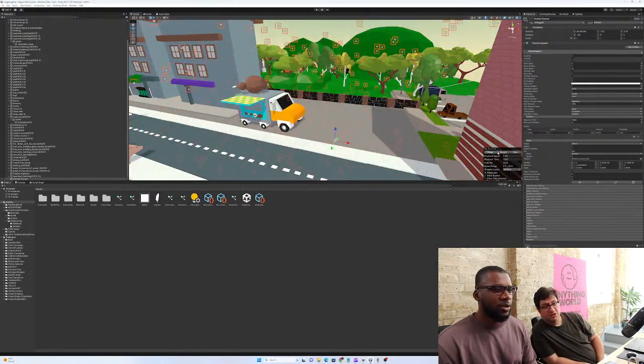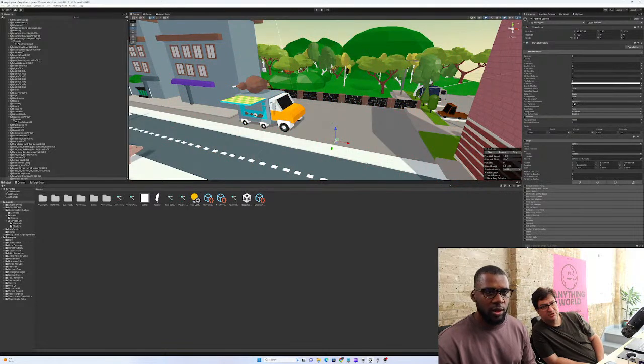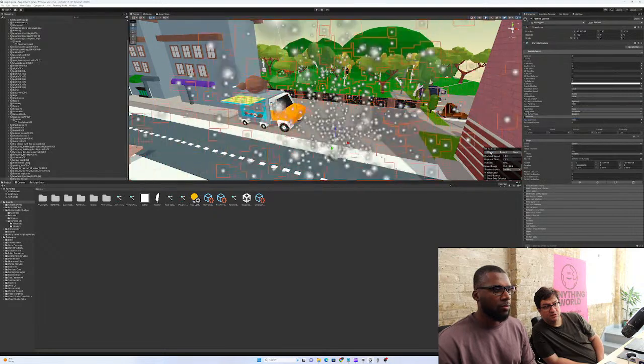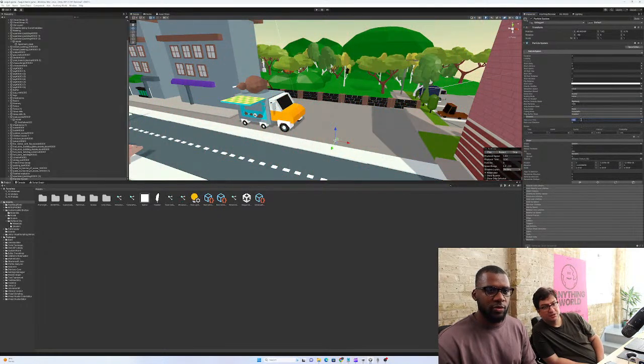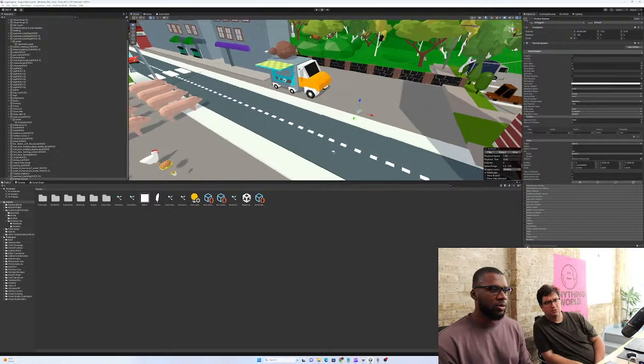What did you change? So I just changed the rate over time to 10k. So maybe it was a faster rate over time. Right. Yeah. Exactly. What's your maximum number of particles? Is it 1,000? Yeah, right now it's 1,000. I think if you set the rate over time to the same amount, it should be fine. Like 1,000. So let's see. Nope. Okay. Yeah, so it needs to be over. So I'm just gonna keep it at 10k. Yeah. Sure. Okay. Boom. So you've got a nice explosion,